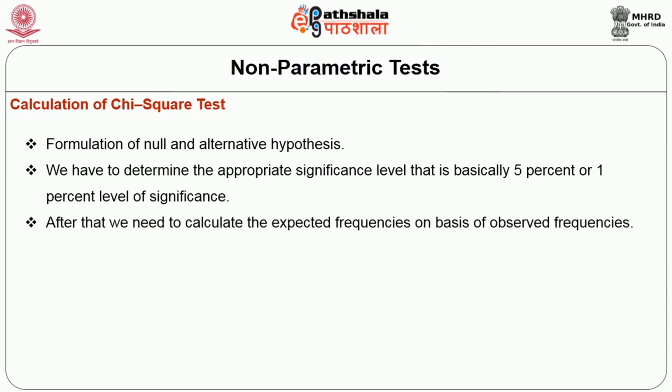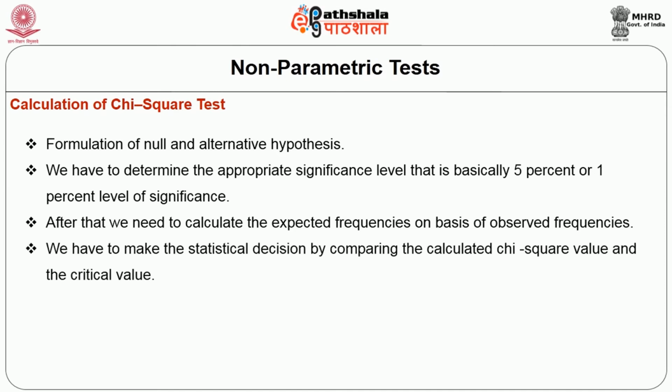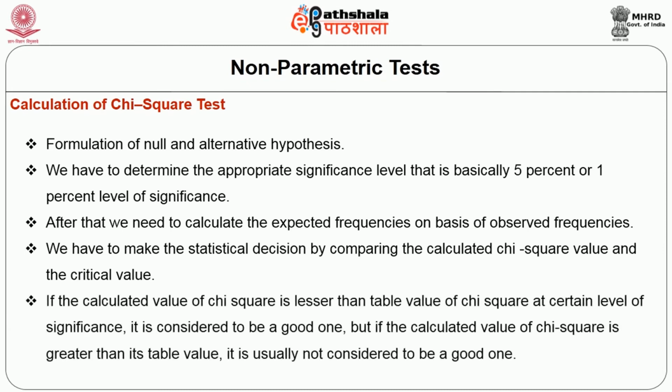After that, we need to calculate the expected frequencies on the basis of observed frequencies. Next, we have to make the statistical decisions by comparing the calculated chi-square value and the critical value. If the calculated value of chi-square is less than the table value of chi-square at a certain level of significance, it is considered to be a good fit. But if the calculated value of chi-square is greater than its table value, it is usually not considered to be